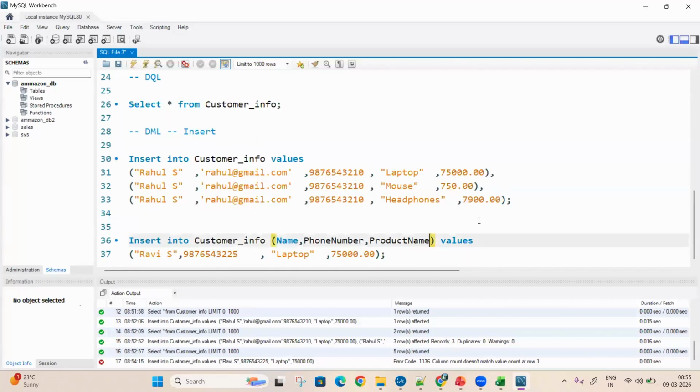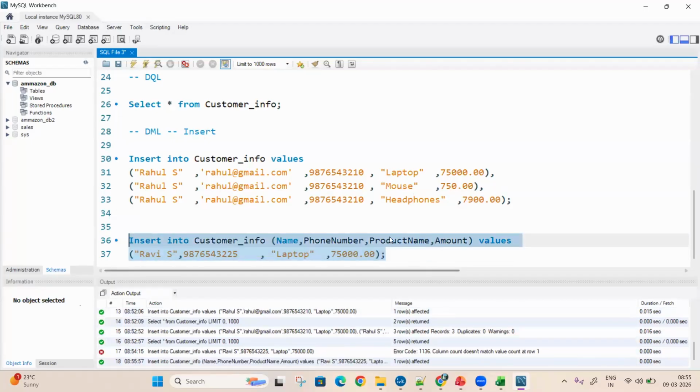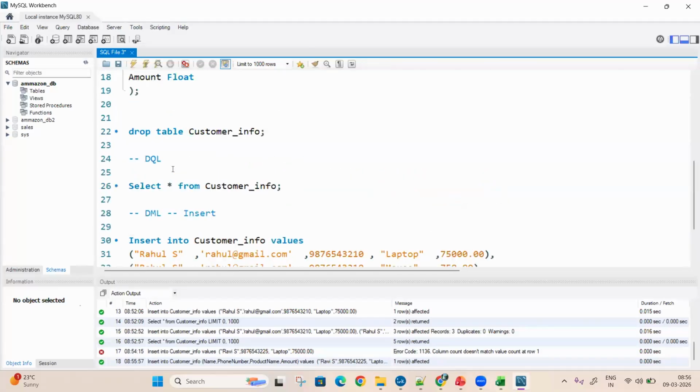Last one is amount. Now I'm specifically saying that I'm inserting this. Now go and match with this. Now it will go and insert the data. So whenever you are inserting, if the table structure has 10 columns and you are inserting only 4 records, you have to put whichever columns are required, and it will insert that particular value. If you come and see your data now,